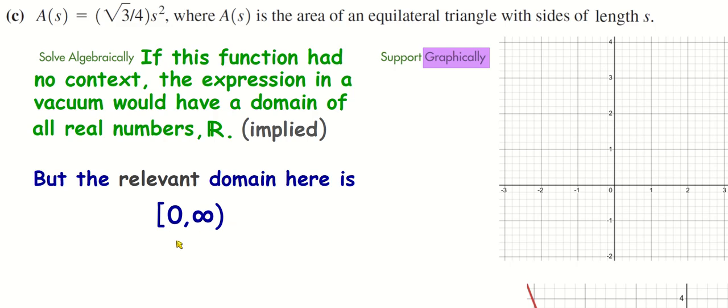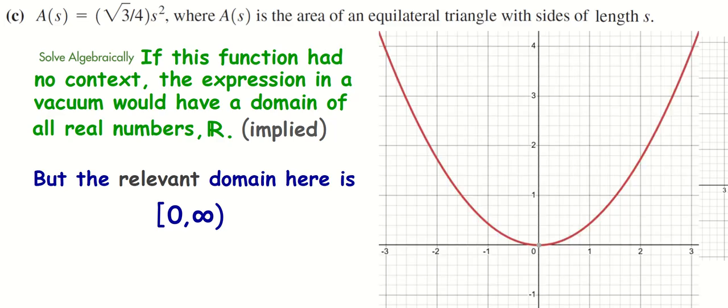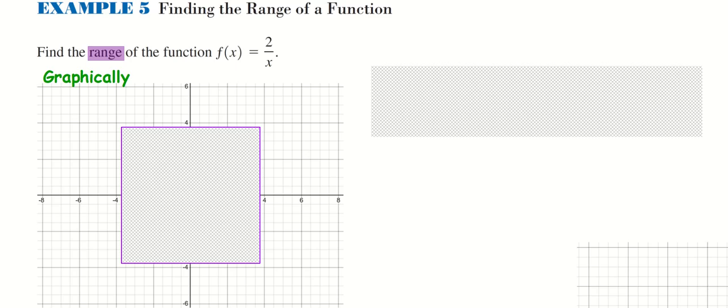So 0 to infinity, and then, graphically, this is just the whole equation in a vacuum, but the only relevant part of the graph is the right half, if we're talking about a triangle and the area of it,